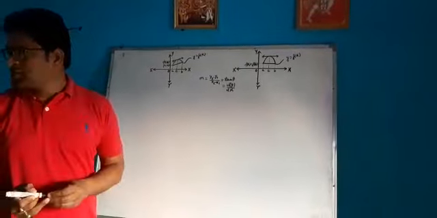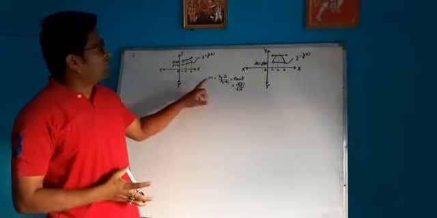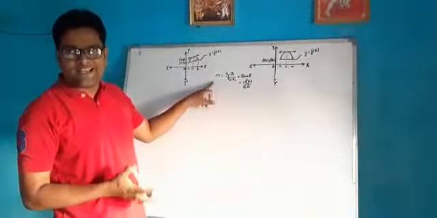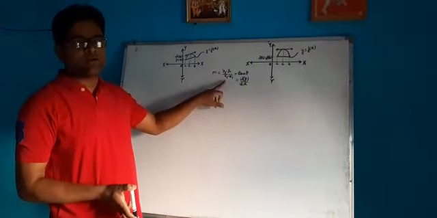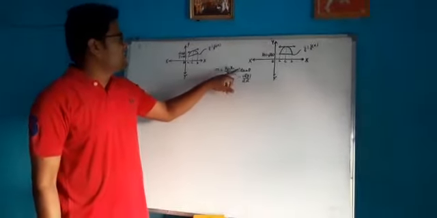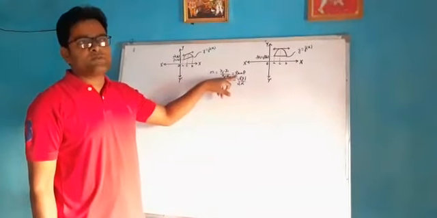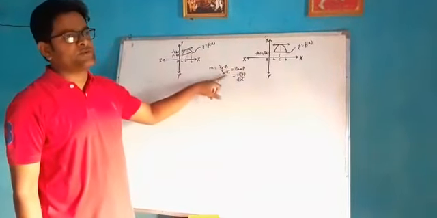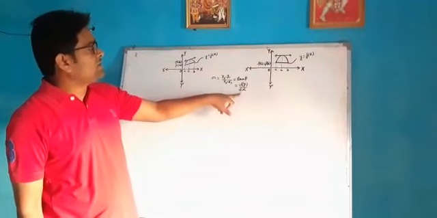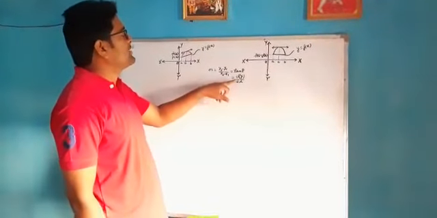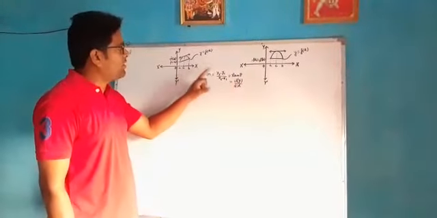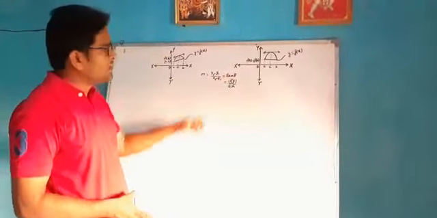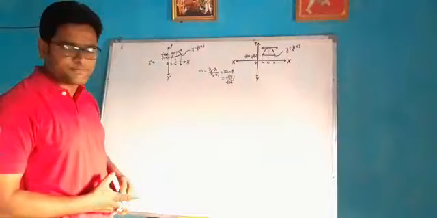So in this way, we can see the slope of a line is equal to the difference of y coordinates by the difference of x coordinates. It is also equal to the tangent of the angle made by the line with the positive direction of the x-axis, and it is also equal to the derivative of that function or line with respect to x. All three will give you the same result. I am going to utilize this here.